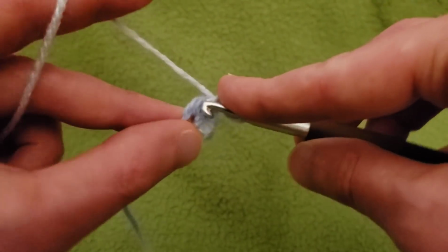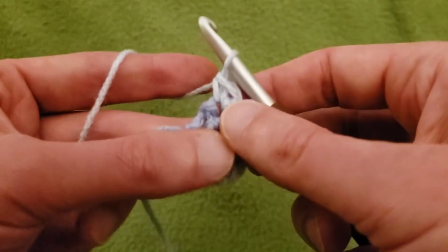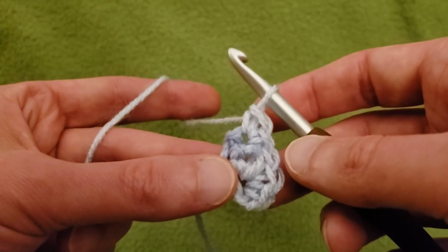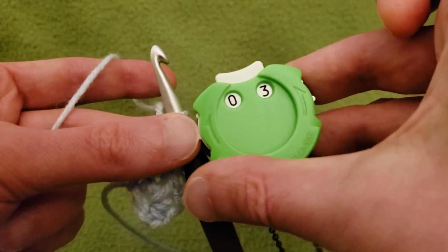1 and 2. And you can cinch this up at the bottom and then sew in the end later. No big deal. And then for row 3,